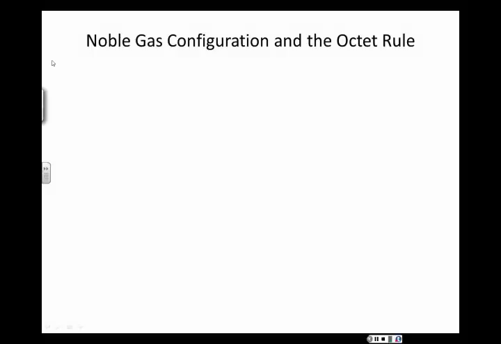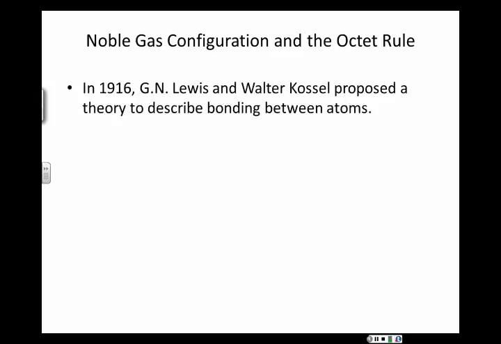Okay. Now we can identify a number of valence electrons. We know how to draw them. We're going to talk about something that is pretty profound in chemistry and really is the underpinning of almost anything that ever happens in a chemical reaction. Maybe not quite everything, but most things.